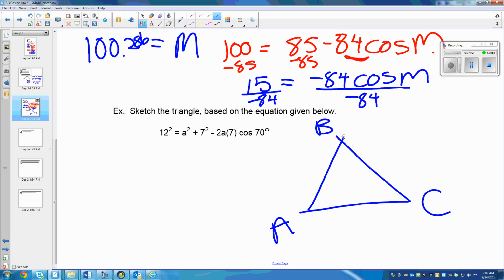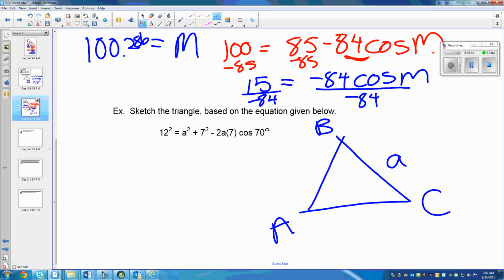Anything wrong with that? Good. Some people started with their A on the top. It really doesn't matter. Some people will start with their A over there, but as long as you've labeled your triangle ABC, why did you know you needed A? Because there's an A in the equation. I could have written MAT, right? Or PAT, as long as I had an A in the triangle. Okay? Now, side length A